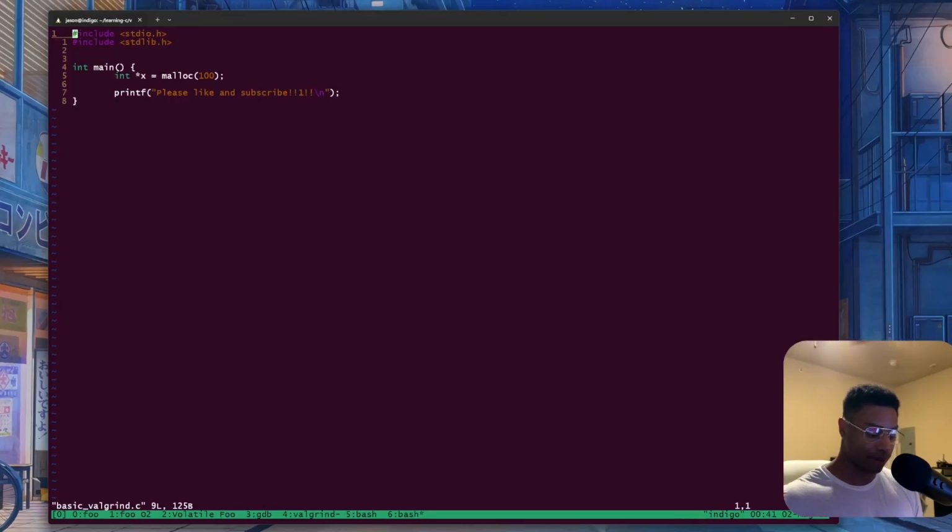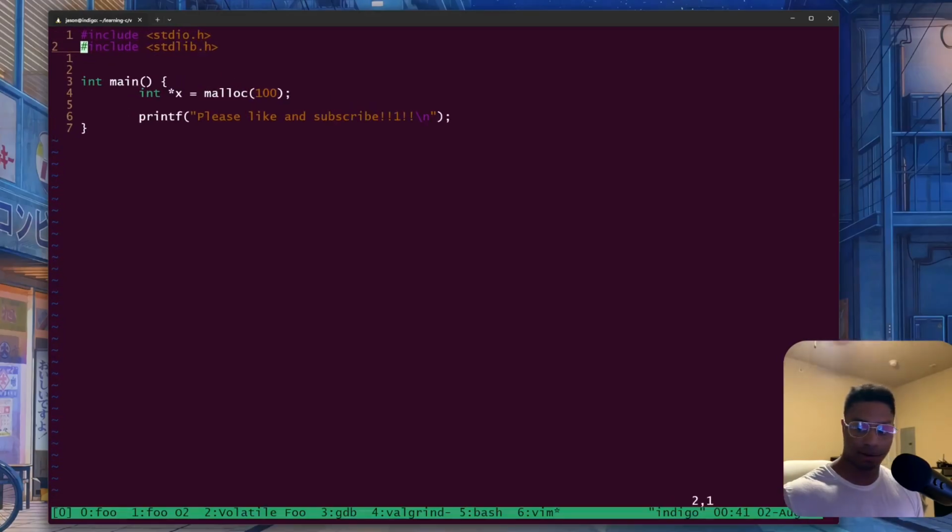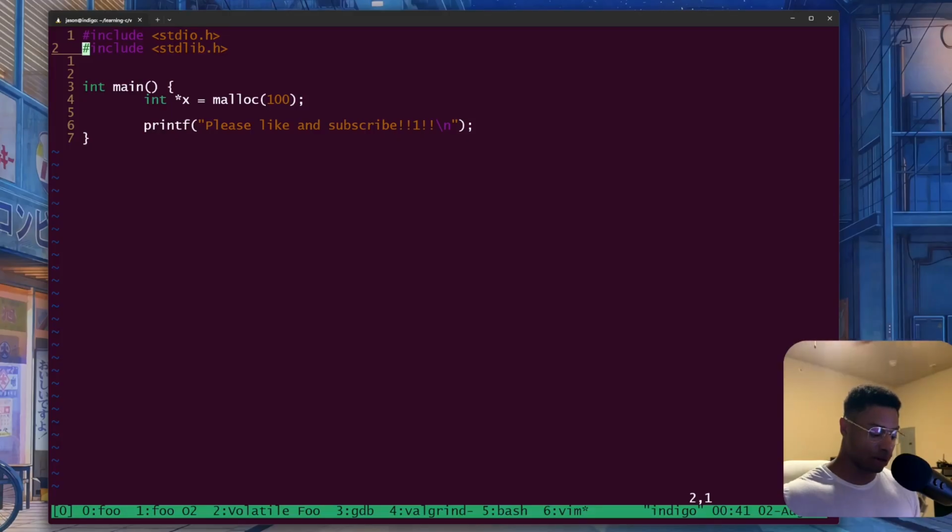I'll open them up in Vim. I have my basic Valgrind.c, where all we're doing is allocating 100 bytes of data, and we're storing it in this integer pointer x, and then we're saying printf, "please like and subscribe,"